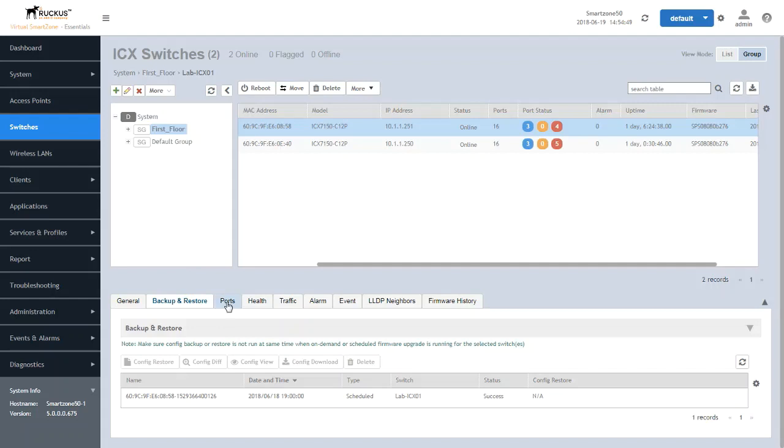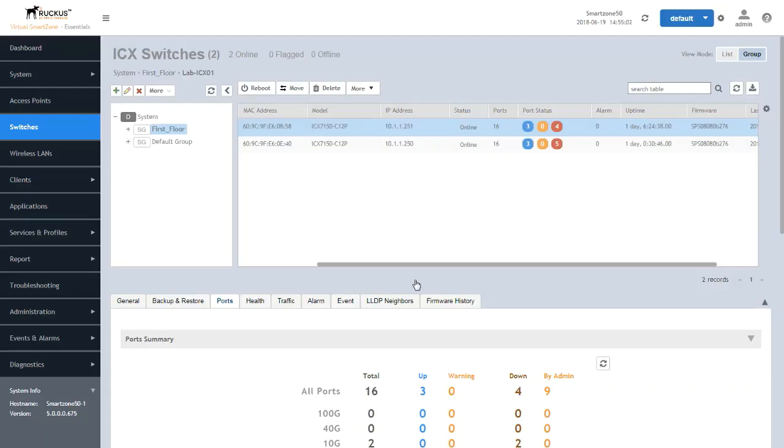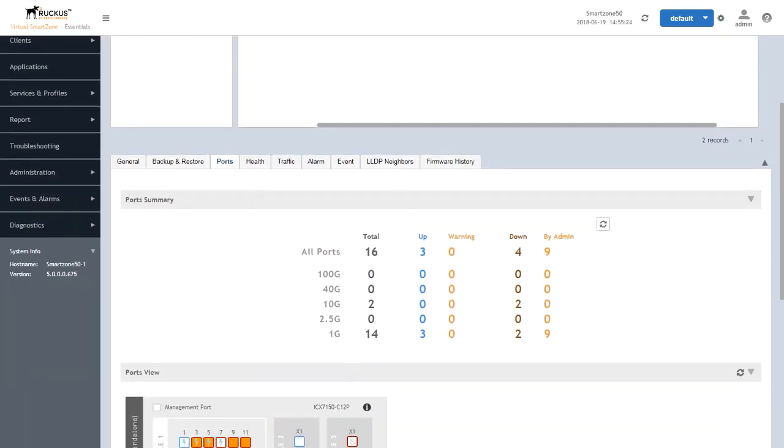The next tab is the Ports tab. And this tab provides an overview of the port status of each switch at the top and more detail as you scroll down to the bottom of this particular display. So as this loads and we scroll down, we can see at the top here, the first is the port summary. This provides all ports along with the breakdown of the switch port capabilities that are listed along with their